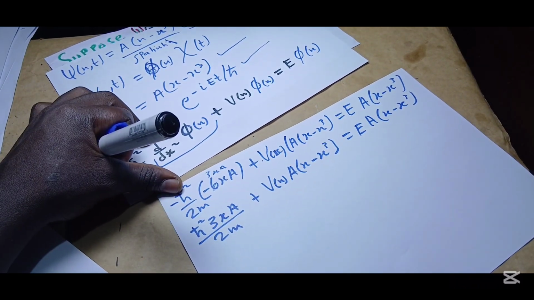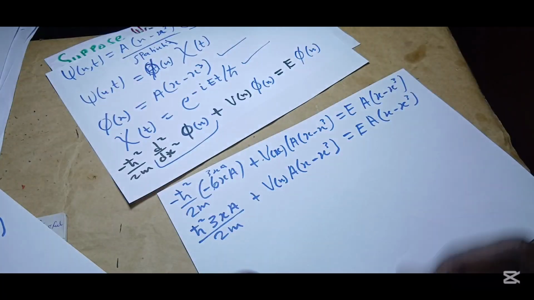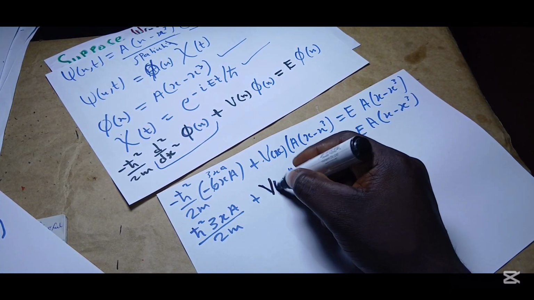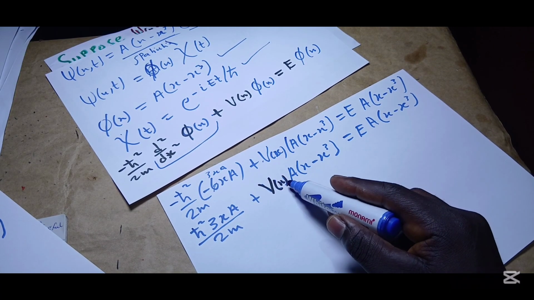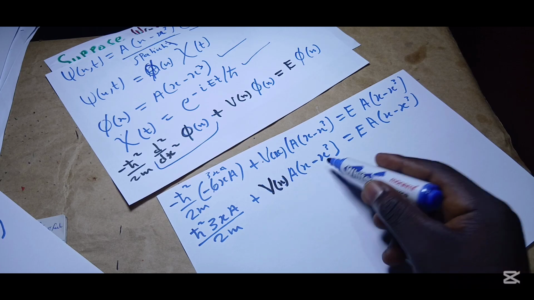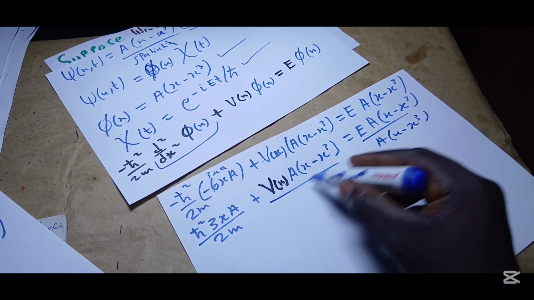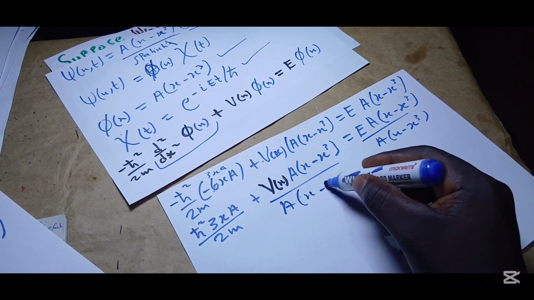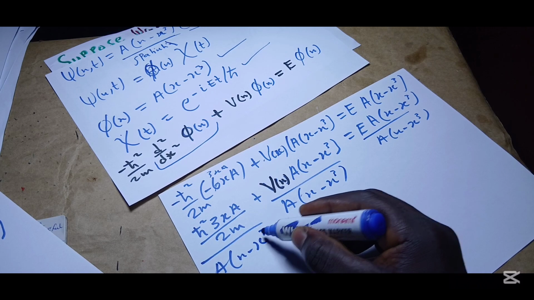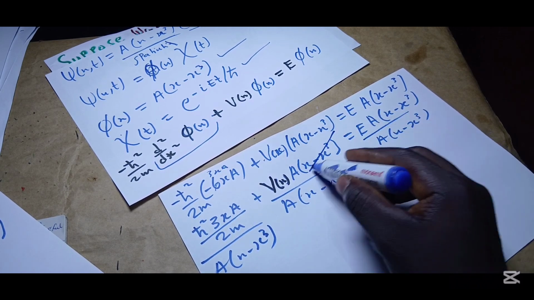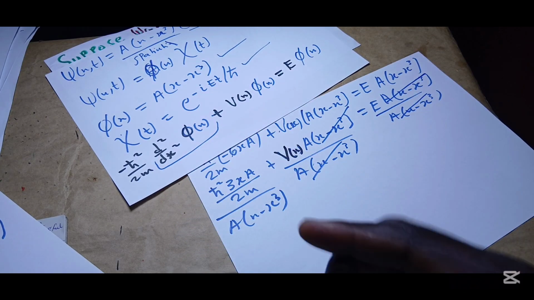Now the next thing we want to do is to divide. Our interest is to solve for the potential energy here, which is v of x. So let's divide the whole term by a into bracket x minus x cubed. So this term is going to take care of that term, and this here is going to go away. Then we are left with,